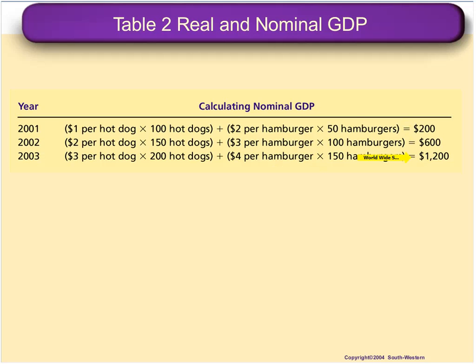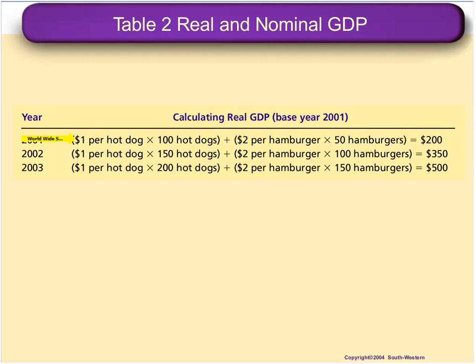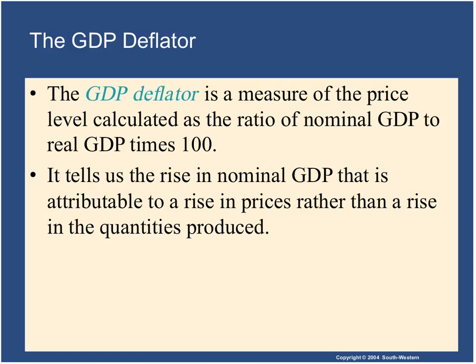But imagine that in the next year you don't change the price, meaning you use the constant price, using the base year 2001 as the price. The quantity is changing, but we use the same dollar price as in 2001 to calculate GDP. This GDP is a real GDP because it gives you the value of the product based on the constant price. So the GDP deflator is a measure of the price level calculated as the ratio of nominal GDP to real GDP times 100.